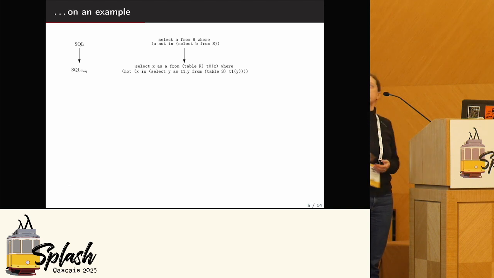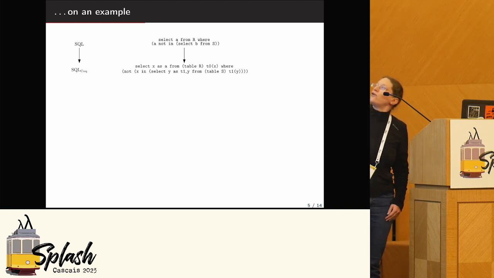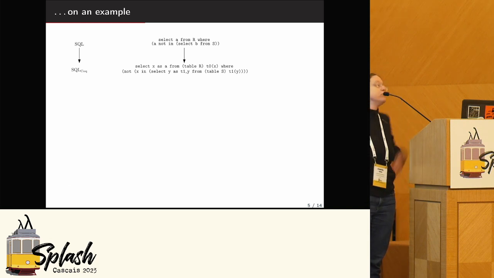So for instance, here we have from R. In SQL Coq, we force this R to get a new name. So we will say now this table is called T0 and the attribute is called X. And so on. The same for table S. And then we have to put a bit more select on top of them in order to recover the names. But it's simply naming decorations.